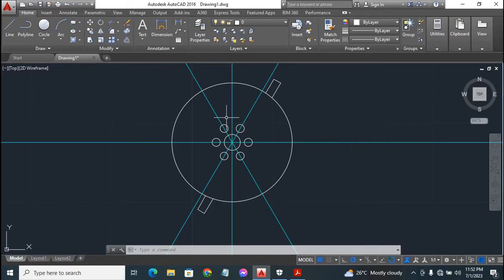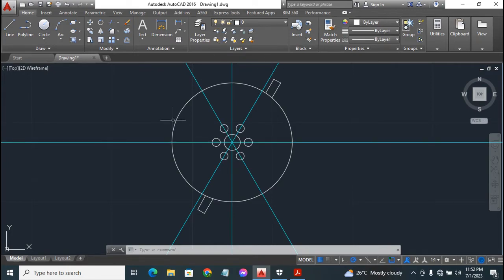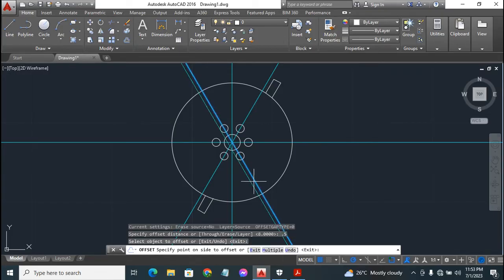So we are going to take this construction line where my cursor is right now, and offset it to both ends at a distance of 5 millimeters. We'll do the same for this one. Let's start off with one of the circles first. Go to the modify panel, click on offset, and type in the offset distance 0.5, press enter on the keyboard. Then click on that